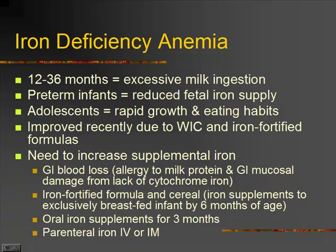So if we do have a patient, a child who needs iron supplementation, we need to think about several things. One is GI blood loss. They may be anemic from GI blood loss. Maybe they're allergic to cow's milk, or they were put on it too early, and we've got really irritated GI mucosa,